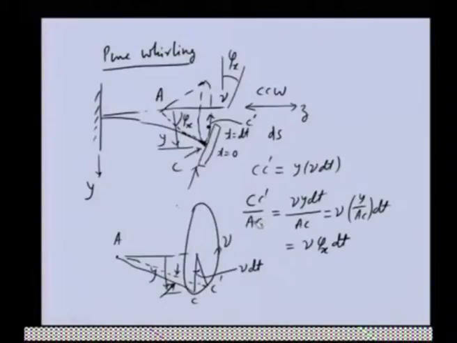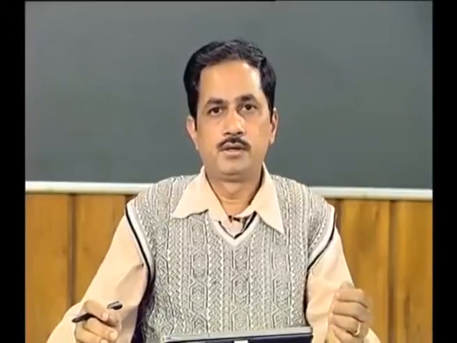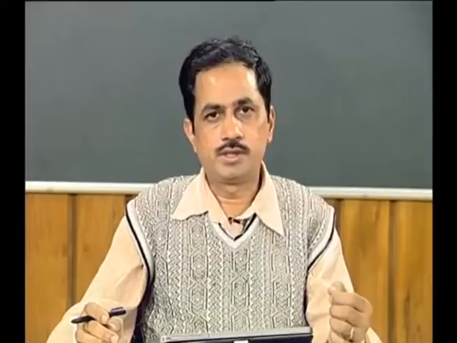Now, this is the angle. Now, what is the rate of change of this angle? That will be nu, this divided by the time taken. So, nu into phi x. So, this is the rate of change of that particular angle. So, this is the angular velocity of the line AC during the motion of the disc. So, AC is having this particular angular velocity nu into phi x, and we have obtained the angular velocity of the line AC, that is nu phi x.